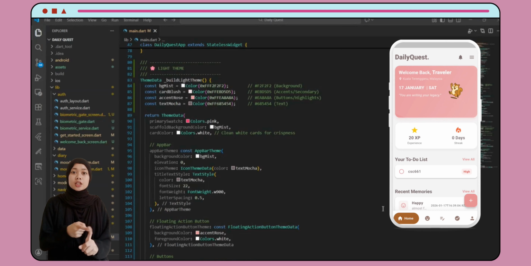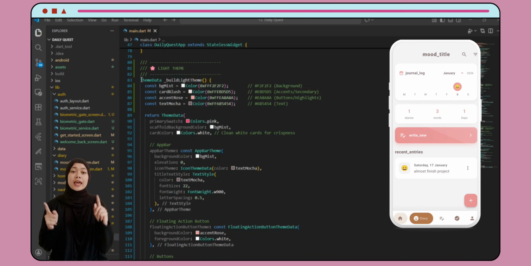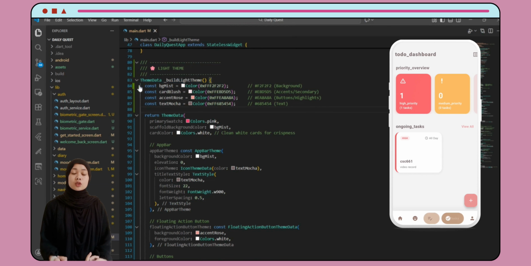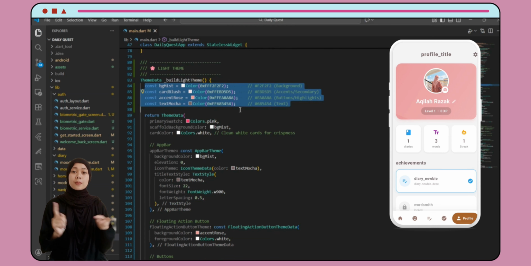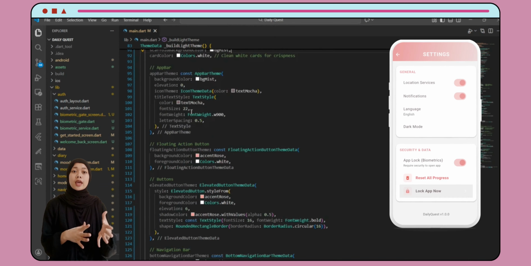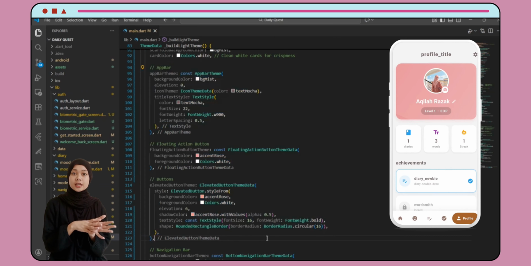First, if you're looking at the user interface, I have moved away from the old brown theme to a new one. As defined here in the theme data, I'm using the new palette, which are antique rose, blush, and mocha color. This ensures a consistent and modern visual flow across all the screens, from the gradient headers to the floating